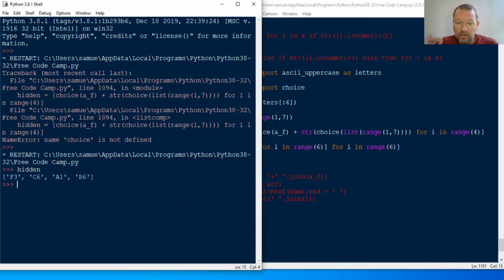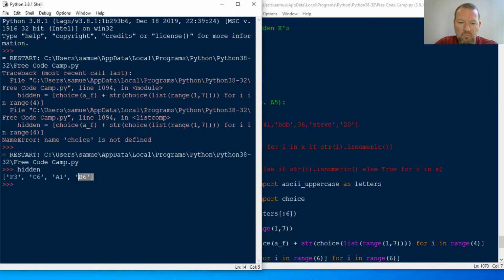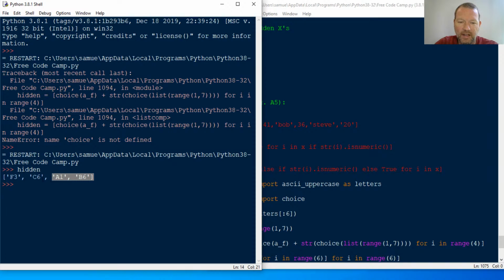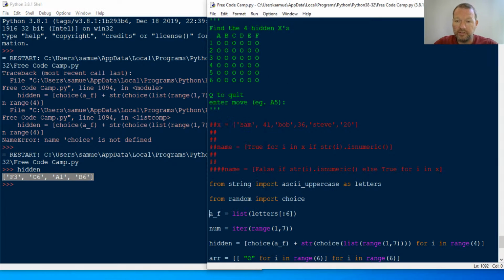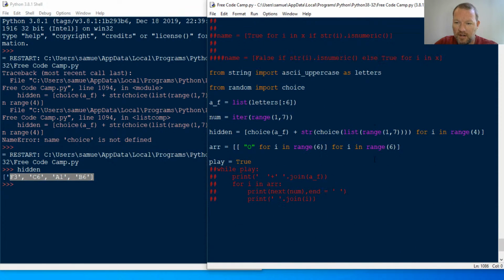Okay. So now here are my random choices. This is what I want you to think about. Instead of us overcomplicating this and going, okay, we're going to assign and then have it hidden and this and that, nope. We don't care what this is. We're just going to see if they type in values that match these. So we're going to take input. The board is going to look like this. And then when these conditions are either met or not met, then we're going to do something. Does that make sense? All right, so now